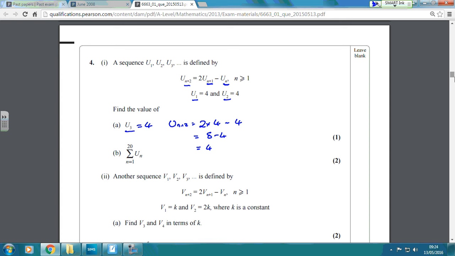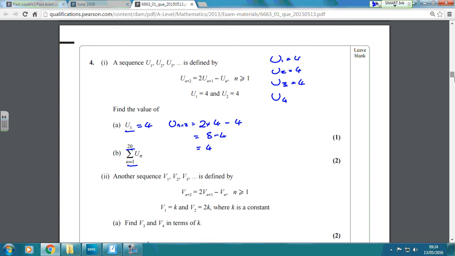So what we've got to do is add up the first term through to the 20th term. So we know that u1 equals 4, u2 equals 4, u3 equals 4. I think we've seen a pattern here. And just to double check, see if it does carry on, then